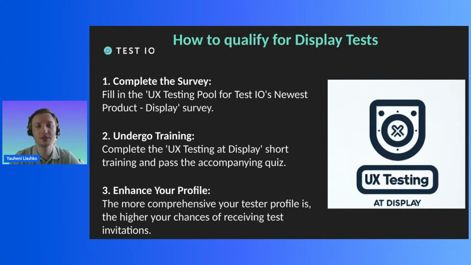Well, first of all, as you can see, the step is about enhancing your profile. So the more information you have in your tester profile, the better. Why is it important? Let me explain it to you. The reason is when some clients want to get some feedback about user experience for their product or service,